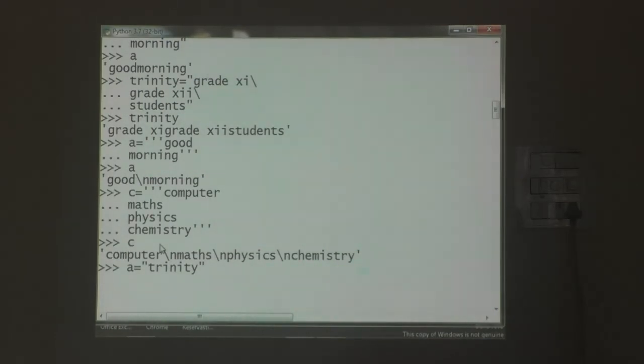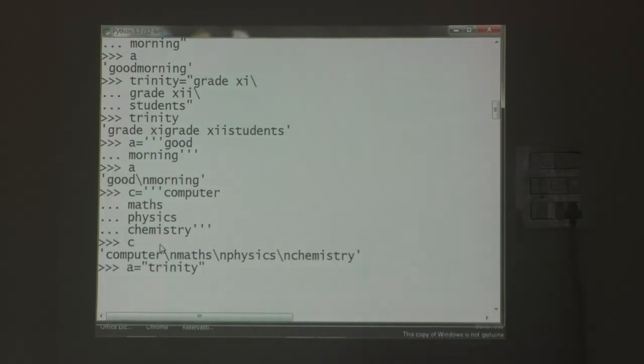Don't forget, A is a variable name. The trinity is a string. That string is enclosed within double quotes. No problem. We can enclose the string trinity using single quotes or triple quotes. Here I have enclosed the string trinity within double quotes.